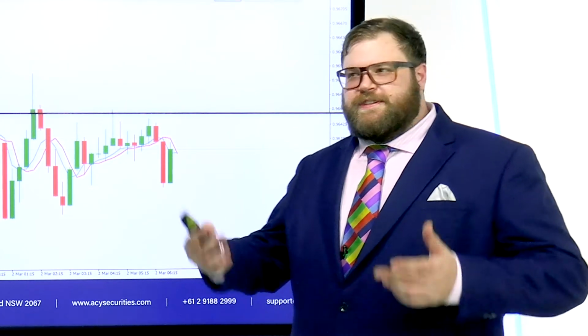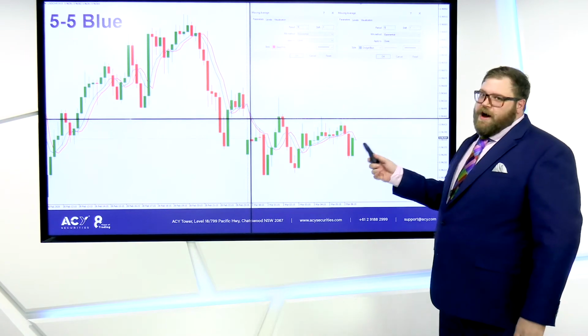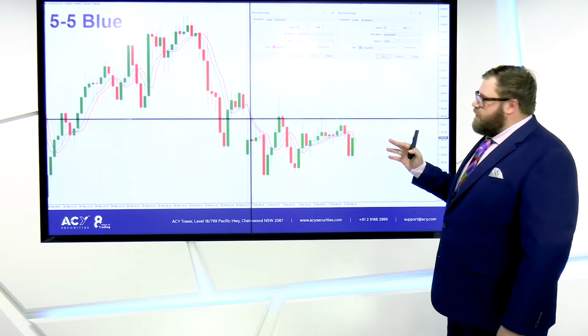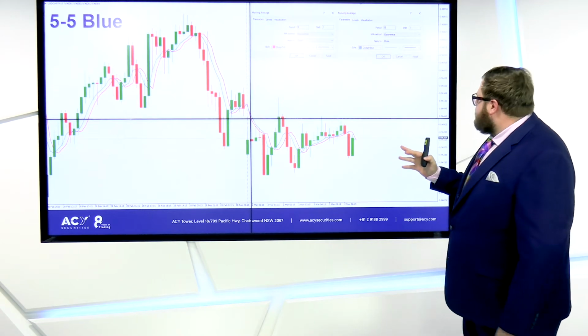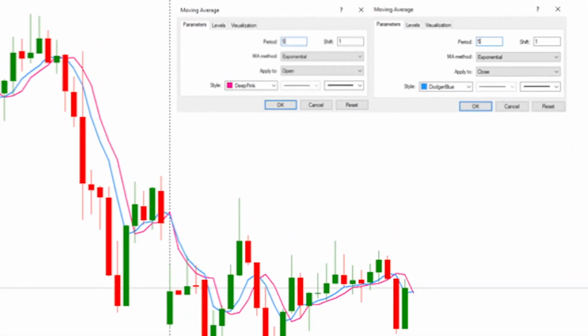So, we're moving on now to have a look at a moving average crossover system. Now, it is a strategy that you can use to apply to your trading today, but I don't want you to focus on the settings or what moving averages that I actually use for it, but more think about how you might be able to use them for yourself to better your own trading. In this instance, I'm using a 5 open and a 5 close moving average. The blue line is applied to the close price with a shift of 1 and a period of 5. And the pink line is set up to be on a 5 period with an exponential setting, and it's also